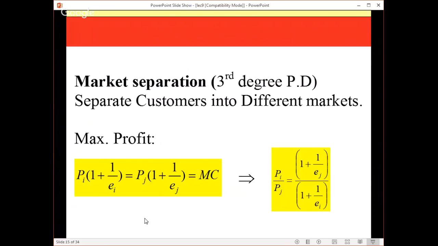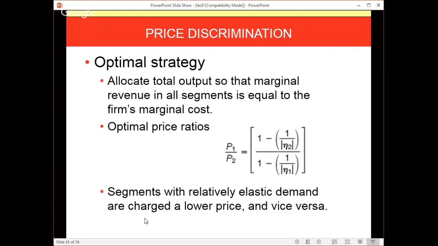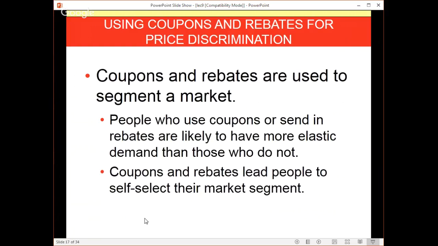Now, if I wanted a percentage of group I over group J, I could, for instance, call PJ equal to PI over X, or PI plus X, for the one that has a lower elasticity. This is just the same thing over again. If I knew those things, I could determine, for instance, what kind of discounts I should give. Or if I was talking about coupons or rebates, I can determine how big the coupon could be